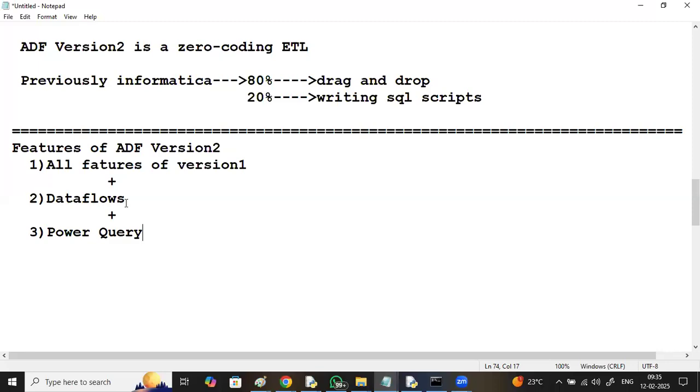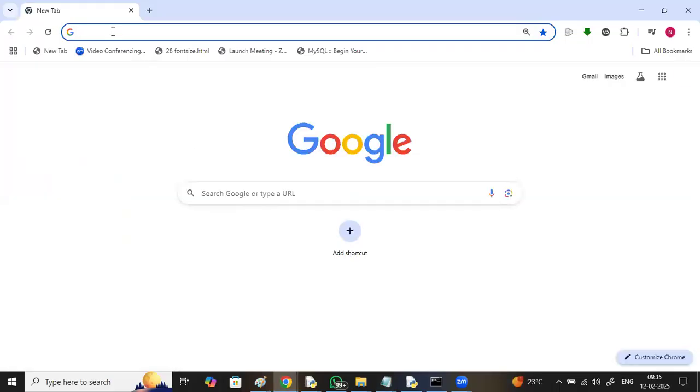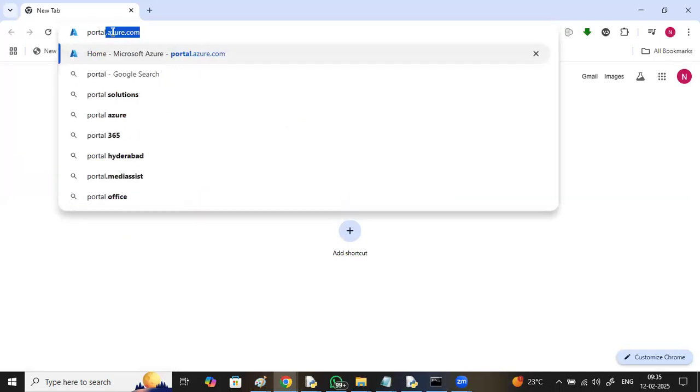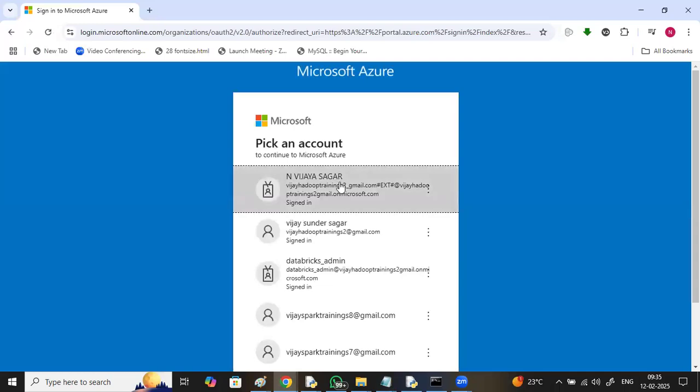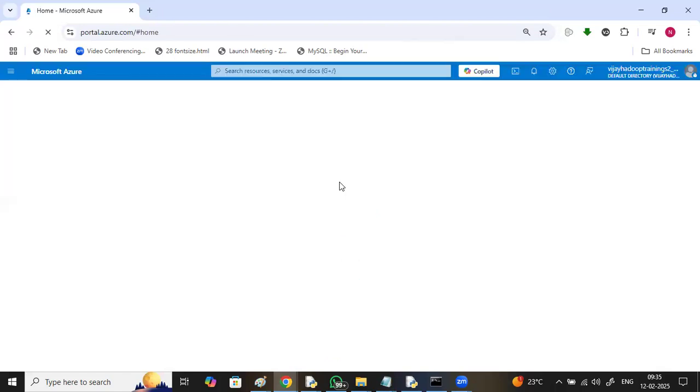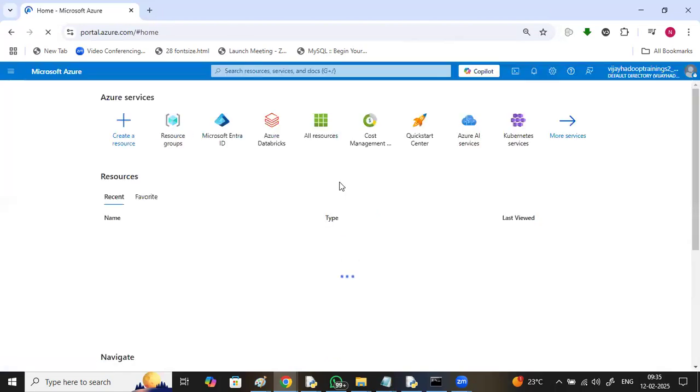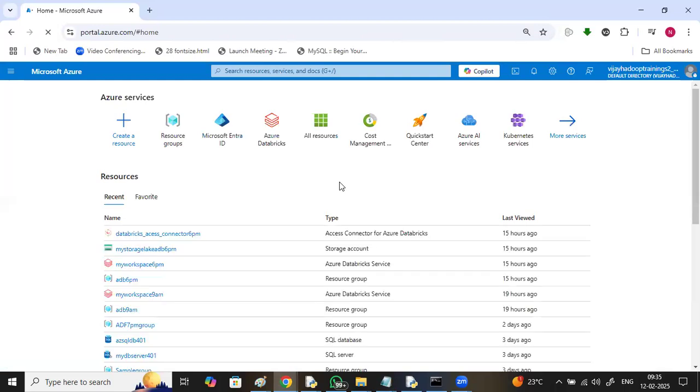See, this data flows has many inbuilt transformations. One second, I'll open this Chrome. Just I'll show you how to get a free subscription for this Azure, step by step. Tomorrow's session, I'll just brief you. I just require a separate email ID,